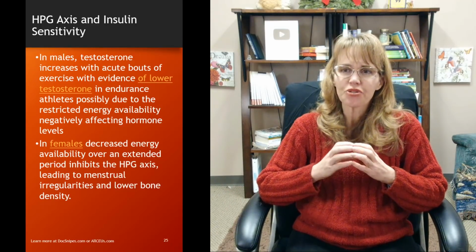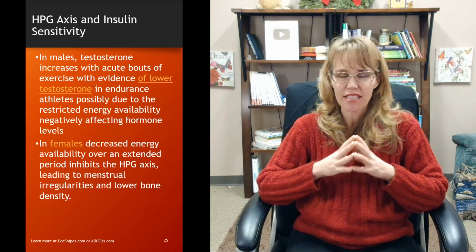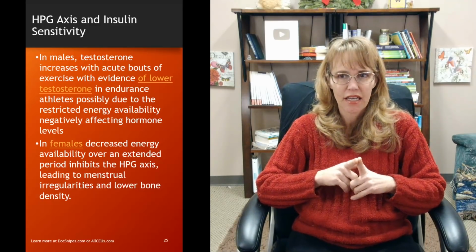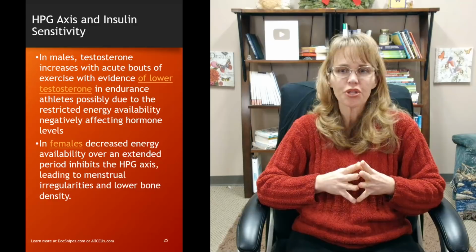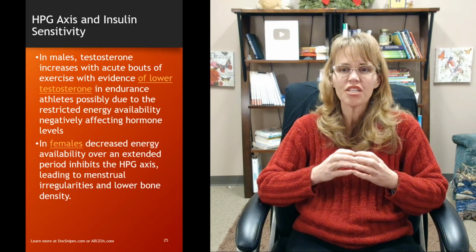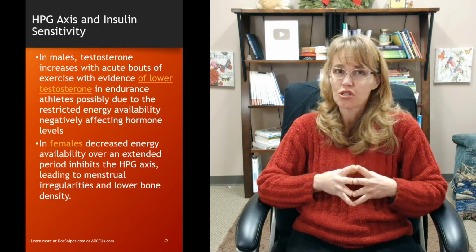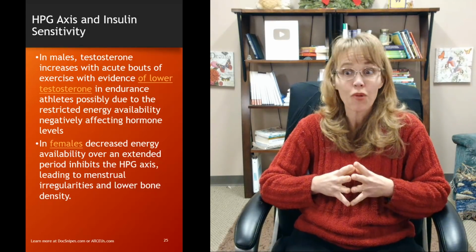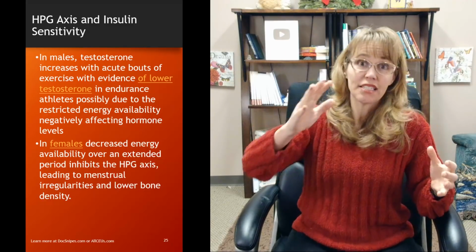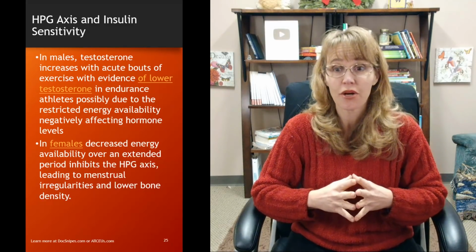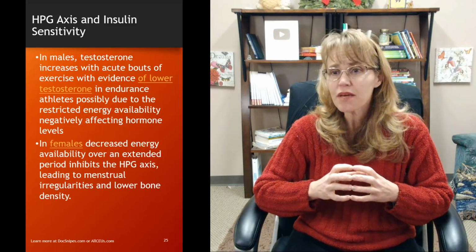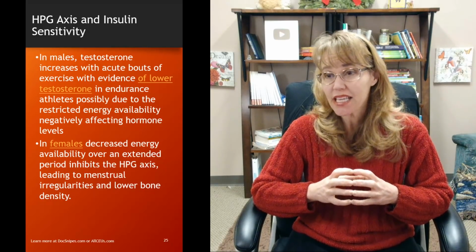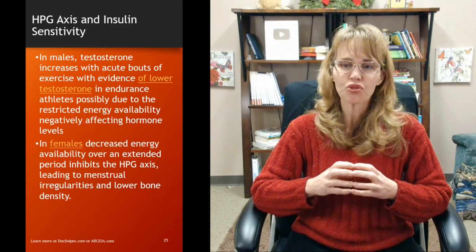In males, testosterone increases with acute bouts of exercise, with evidence of lower testosterone in endurance athletes. They hypothesize this might be due to the restricted energy availability, which negatively affects hormone levels. So when there's not enough insulin, or when the insulin receptors are not working well, then we may see reduced gonadal hormone levels. In females, decreased energy availability over an extended period inhibits the HPG axis, leading to menstrual irregularities